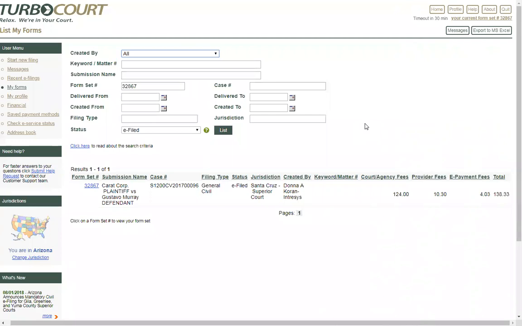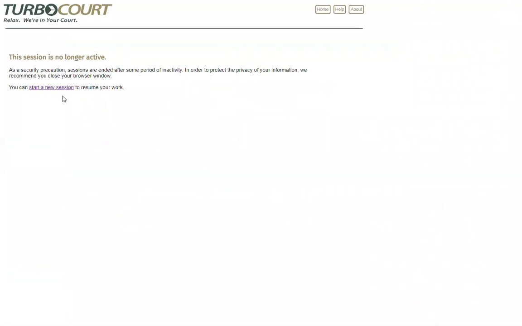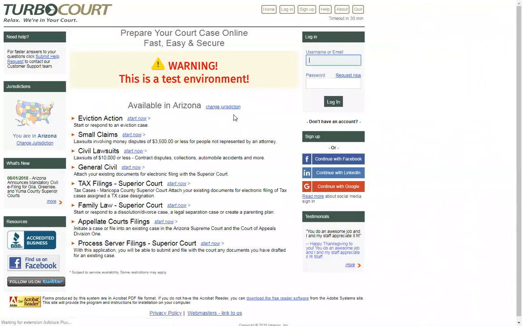That is the realm of your filing administrator. And so I'm going to go ahead now and log out as the filing administrator, and I'm going to log in one last time as the financial administrator. Before I do, I also just want to bring to your attention,